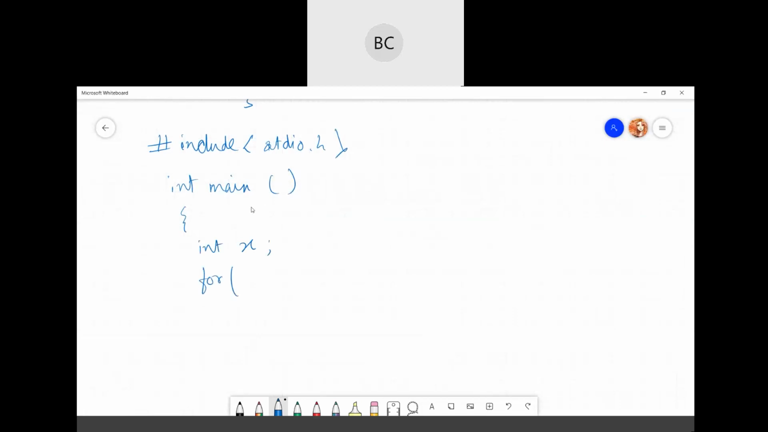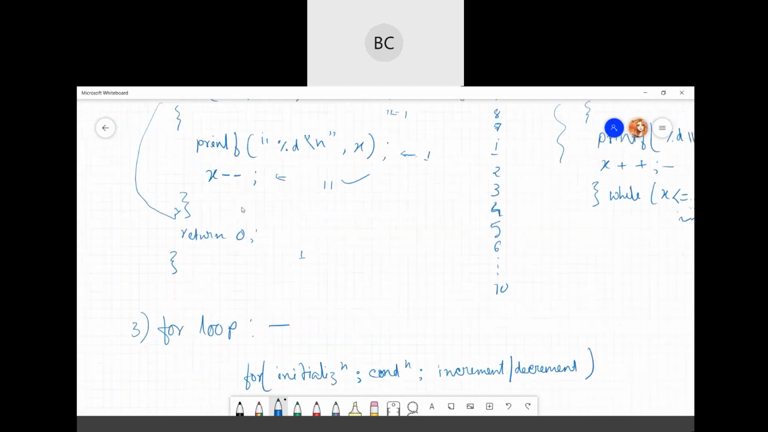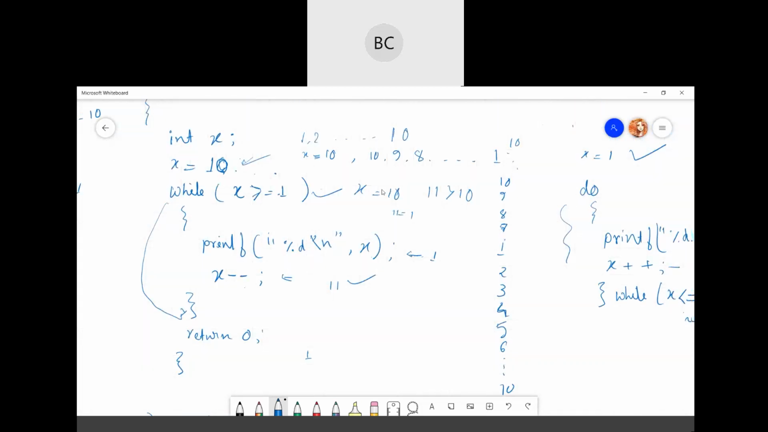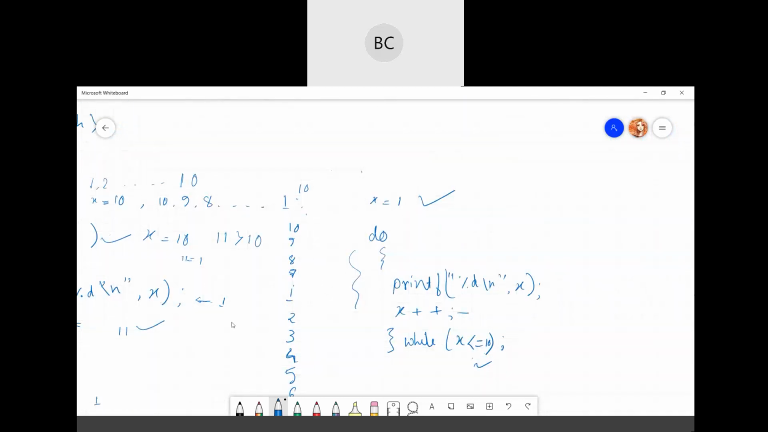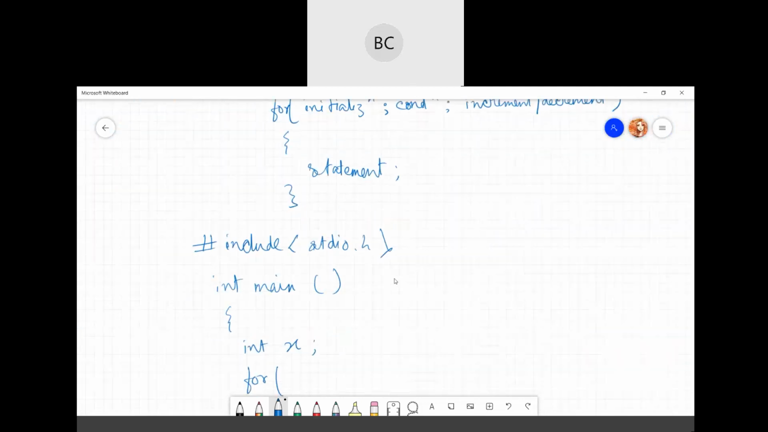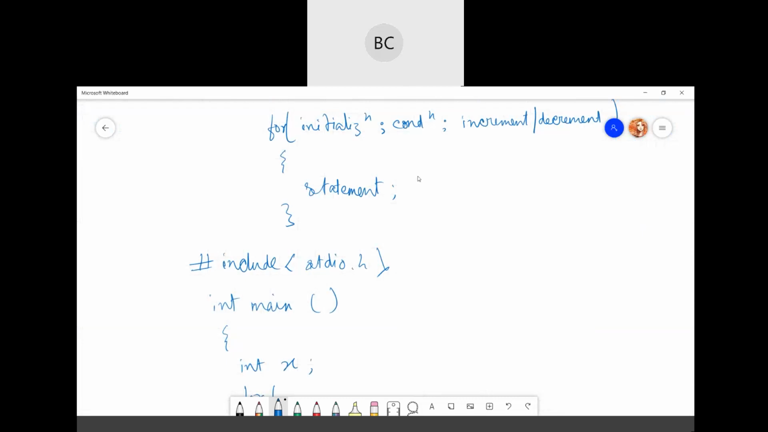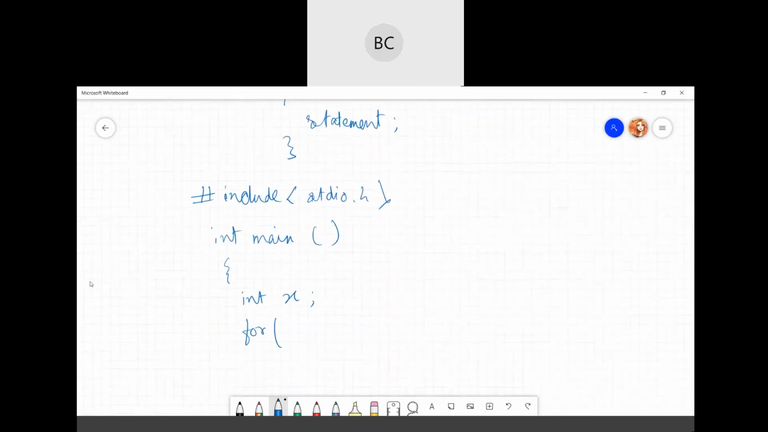See, in case of while and do while, we have initialized the value of x beforehand. X equal to 1, we had assumed. Correct. So that same initialization in case of for loop will be just in a single line. So here you will write x equal to 1 semicolon. So x will start from 1, then your condition x is less than equal to 10, then your increment decrement counter x plus plus,